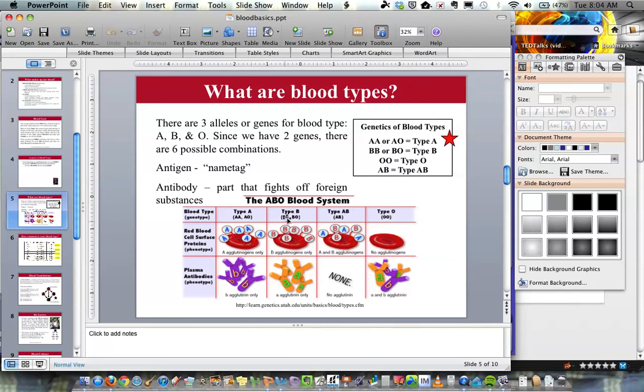So they cannot cross blood types unless a type A person donates to a type AB person, because there are no, I said that wrong, I'm sorry. A type A person can donate to a type